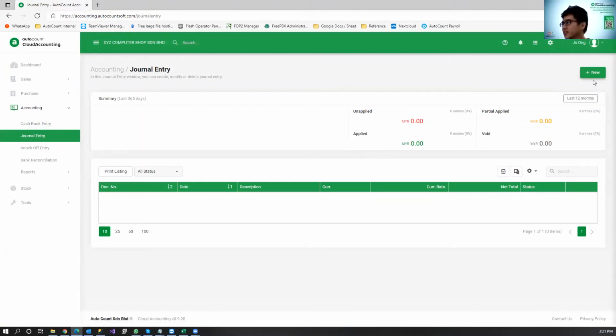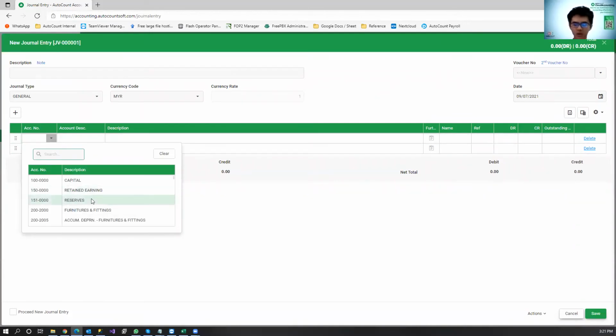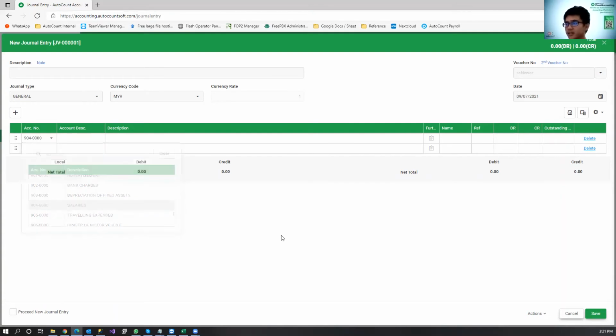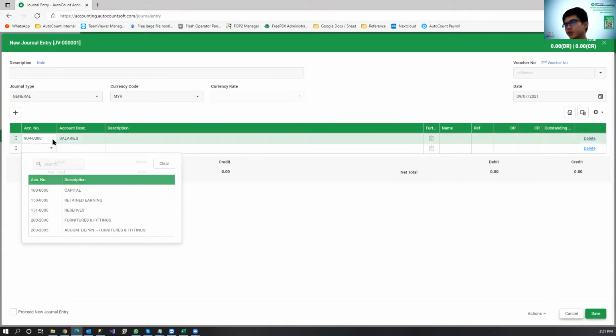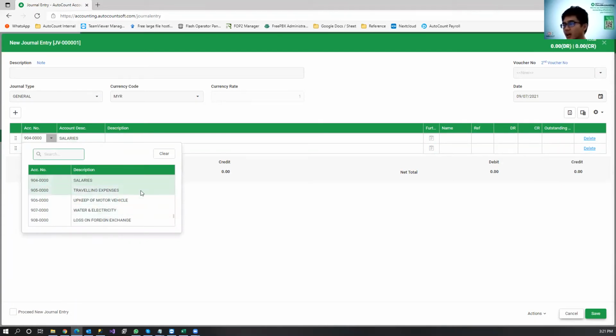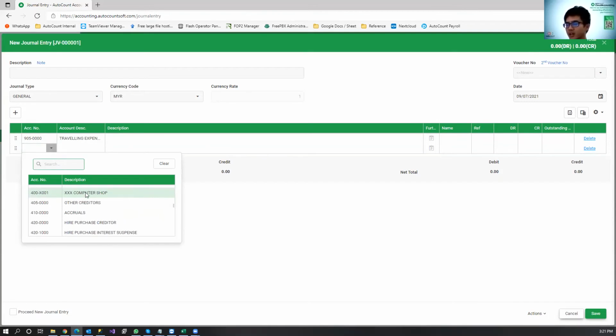Okay, for example, I create a new journal. Maybe traveling expenses, and then your utility.